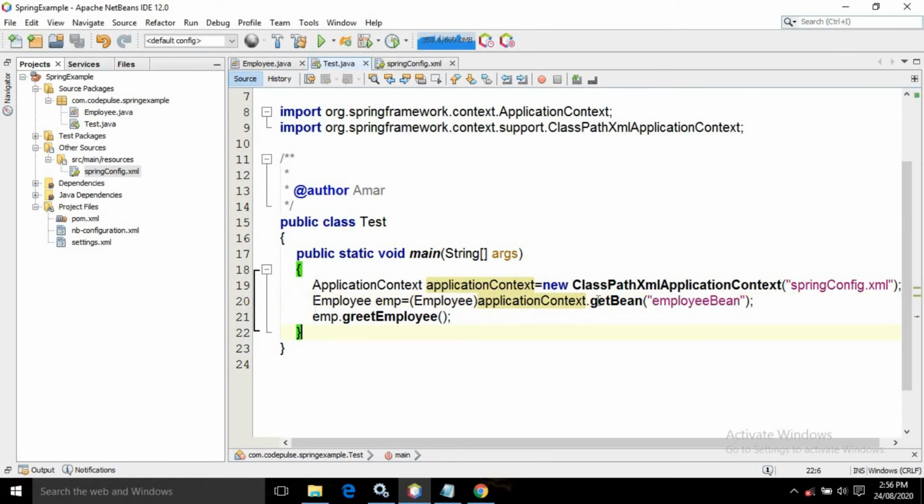Whenever you write this statement, the Spring framework will search for a bean named employeeBean in the Spring configuration file, and after that it will create the corresponding object. So you need to put an entry for this bean in the Spring configuration file.